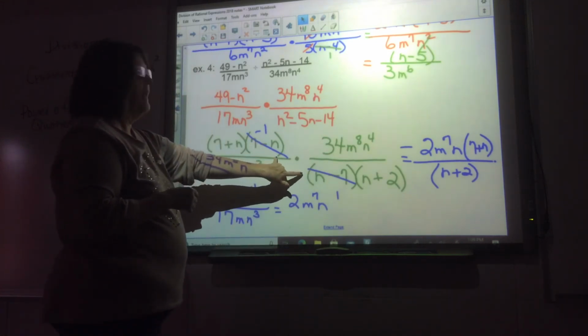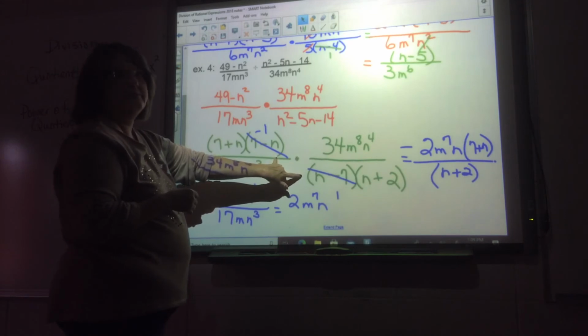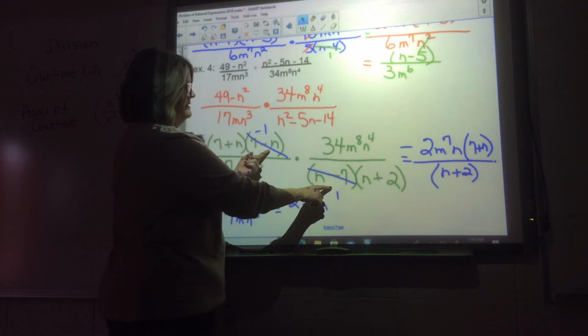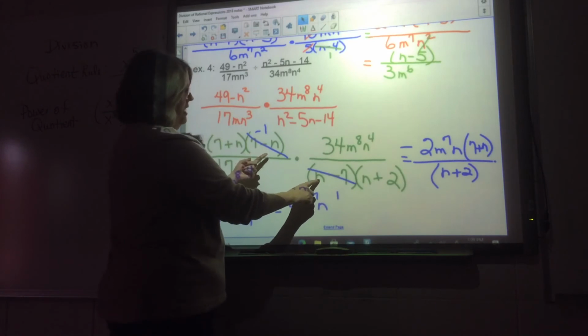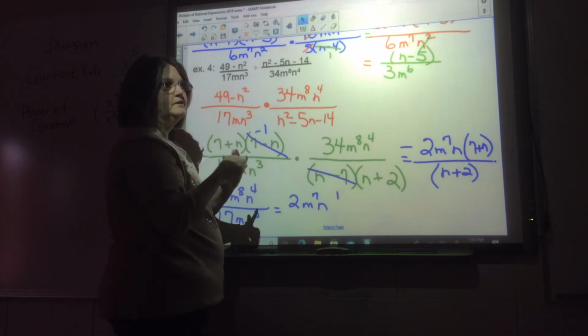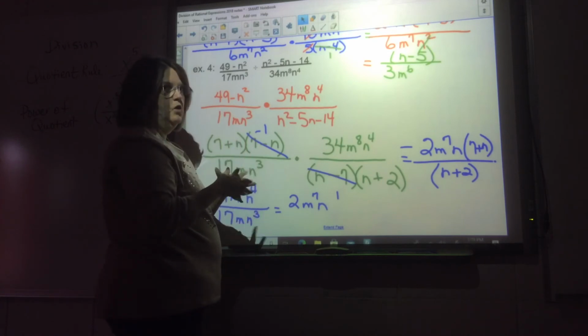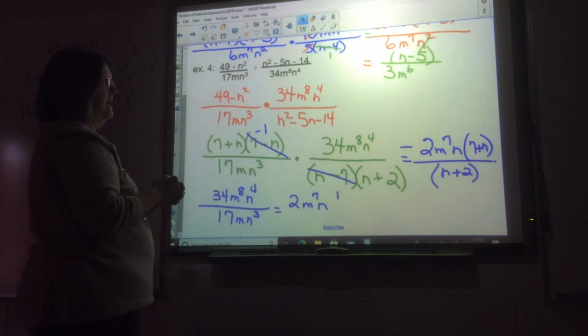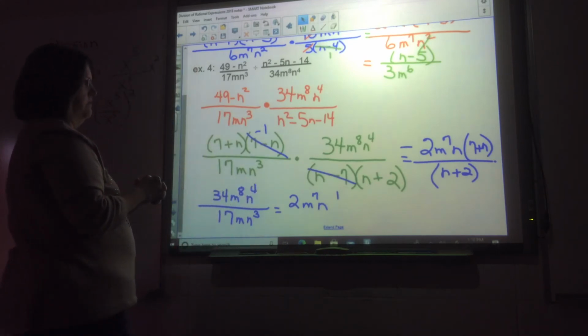Now remember, we had a problem similar to this when we did simplifying of rational expressions. Remember, these are exact opposite. So you have a positive n and negative n, a negative 7 or positive 7. So when they cancel, you're not left with 1, you're left with negative 1. And we generally write that in the numerator. All right, so if you come on this way,